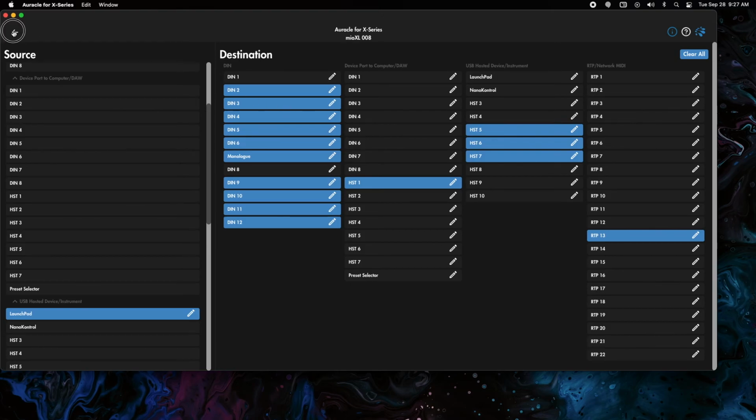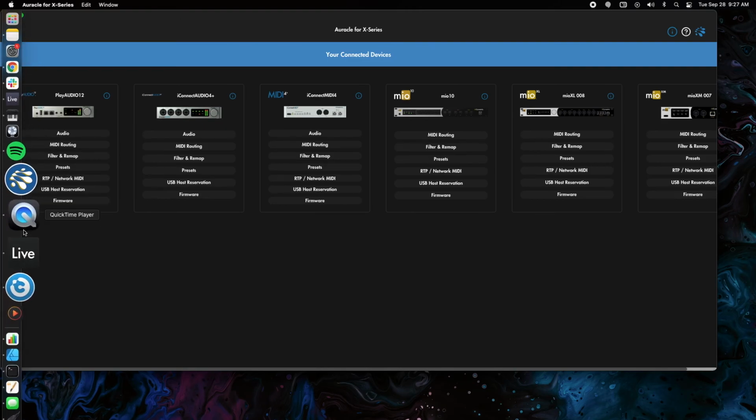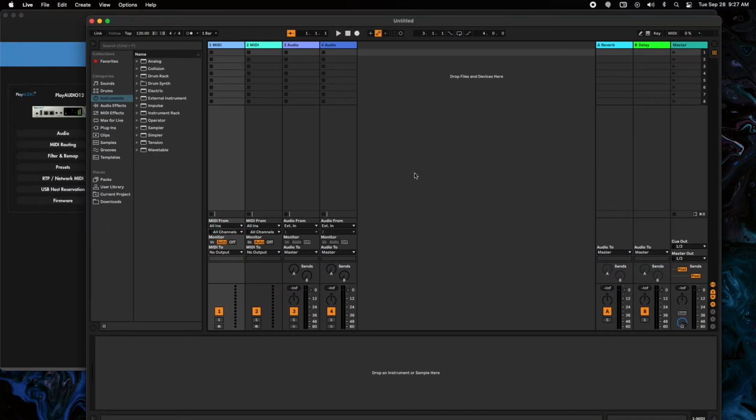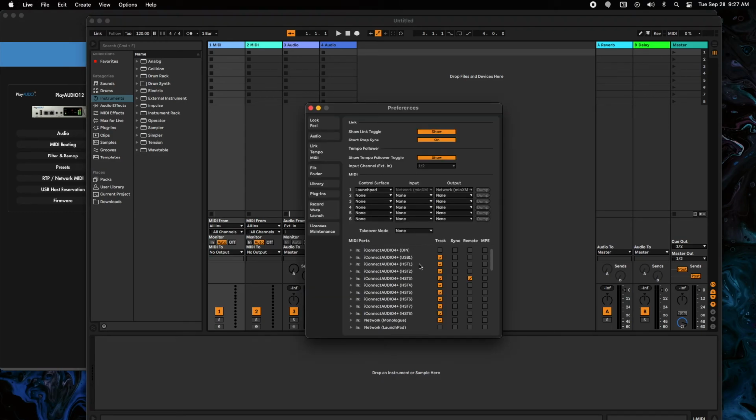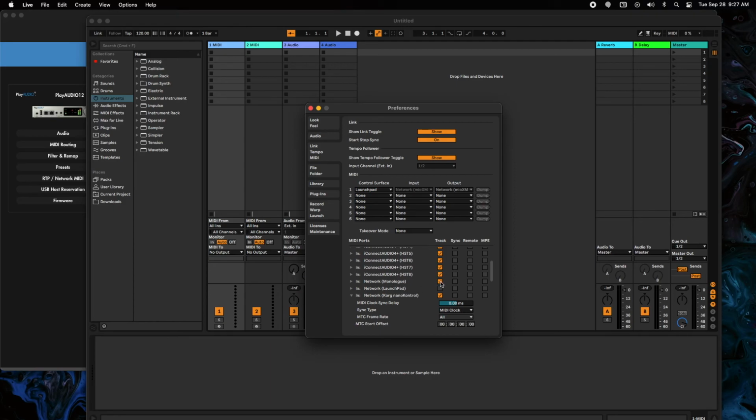And so what I'm going to do is go back and show you in Ableton how that setup could work. A lot of times if you just want it to go in through your computer, maybe we don't need the monologue in. We can leave the in on that. So I'm going to set up our 3 devices as input, but I don't need to send back out to the Nano Control because that doesn't really have anything that I want to control. I'll send back out to the Launchpad,